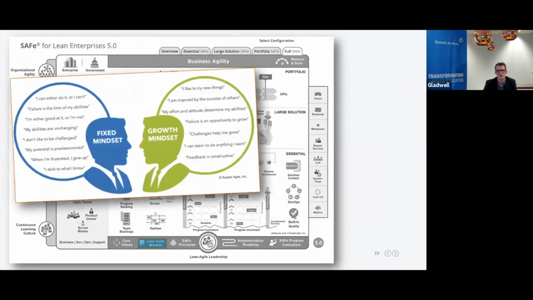The Lean-agile mindset. Well, I think this is really what the role of the RTE is all about, to have a growth mindset and to grow your people. A lot that we can learn. So this takes practice, right? And you might need to have some training on how to achieve that growth mindset. But I would say just experiment a little bit.